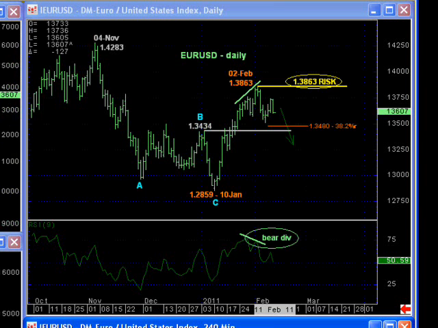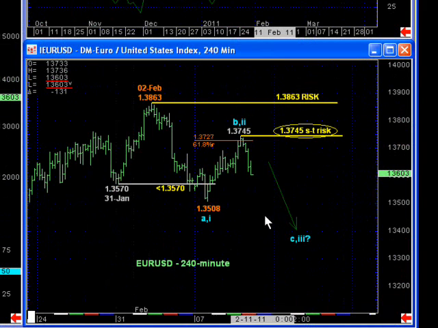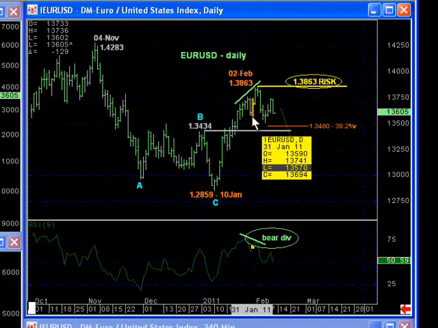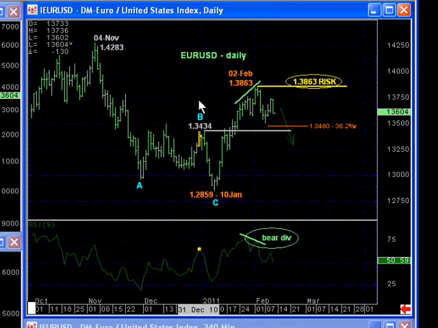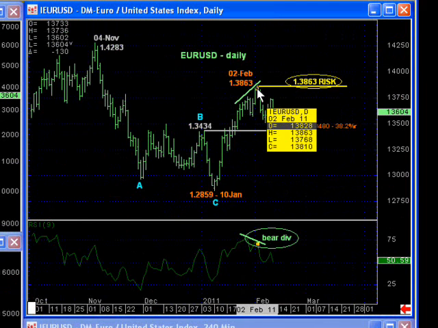Moving to the euro currency, and obviously inversely, given their inverse correlation, you can see overnight's relapse from a 61.8% retrace of the initial counter trend sell-off from 138.63 down to 135.08. That follows a confirmed bearish divergence in daily momentum, shown here on the daily scale by virtue of the market's failure below the 135.70 corrective low from January 31st. That contributes to what we think is a larger degree peaking and reversal threat in the euro, with strength above the 138.63 high from February 2nd required to mitigate this increasingly toppish environment.